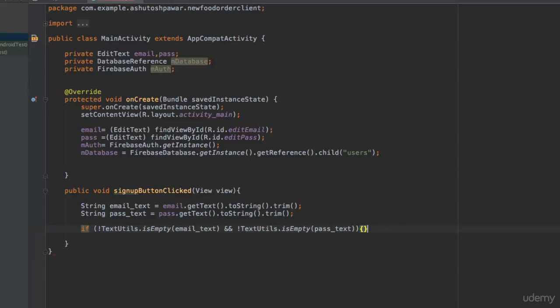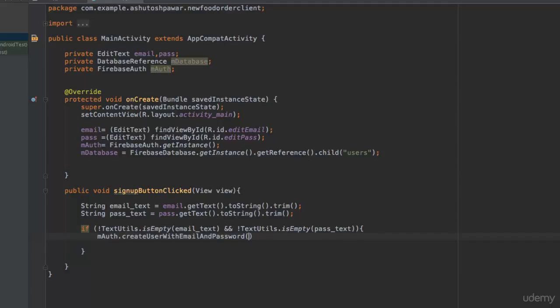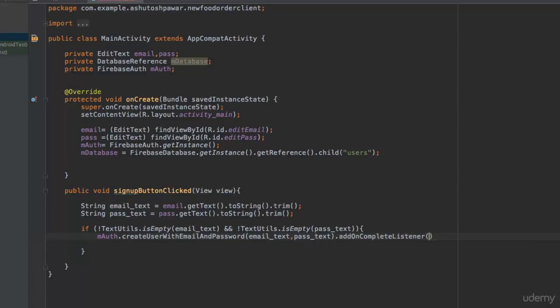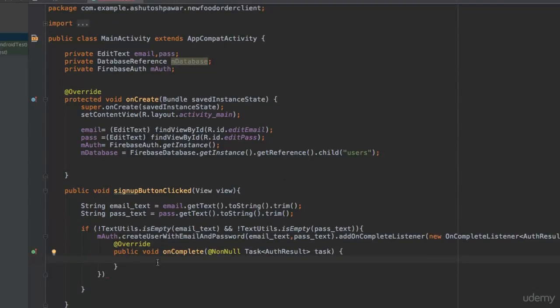Okay, so once this thing is done, you could go ahead and use the create user with email and password method. So that's going to be mAuth.createUserWithEmailAndPassword, and you simply need to pass in these two values over here, which is the email text and the password text. So once this is added, you could add an onComplete listener to it. So we'll go ahead and add that quickly as a new onComplete listener, which is going to give us the onComplete